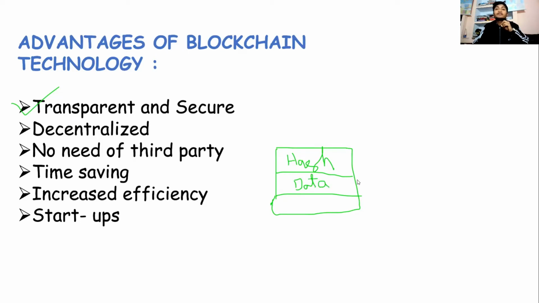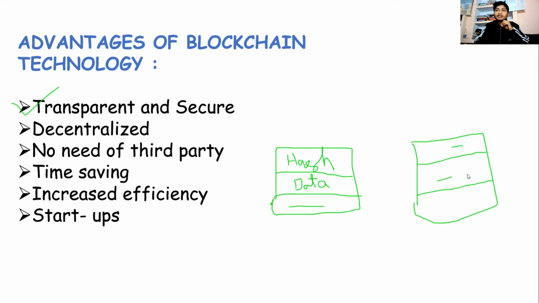As you can see, my writing is not that good because I'm writing with a mouse, but as you can understand from the information. And in the third column there is the previous hash of the same. In this way the blocks are generated, and I would also like to explain to you, gentlemen, how the blocks are connected in blockchain technology. Like there was one block, now this is another block, and the same is here.